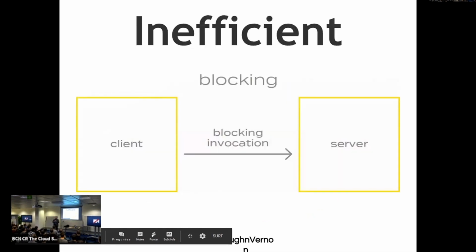Another place where we are right now is with very inefficient software. Our software over the decades has largely been of a blocking nature. When I have a client object and a server object, this is not a client node and a server node, it's an object that provides a service and a client that needs that service.